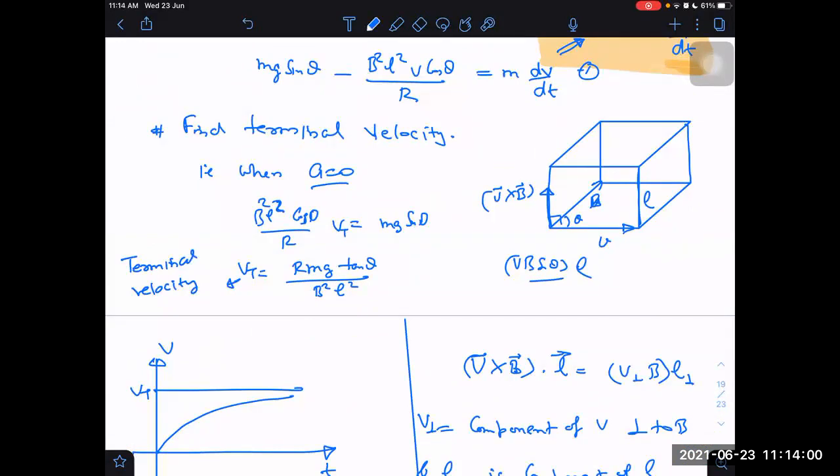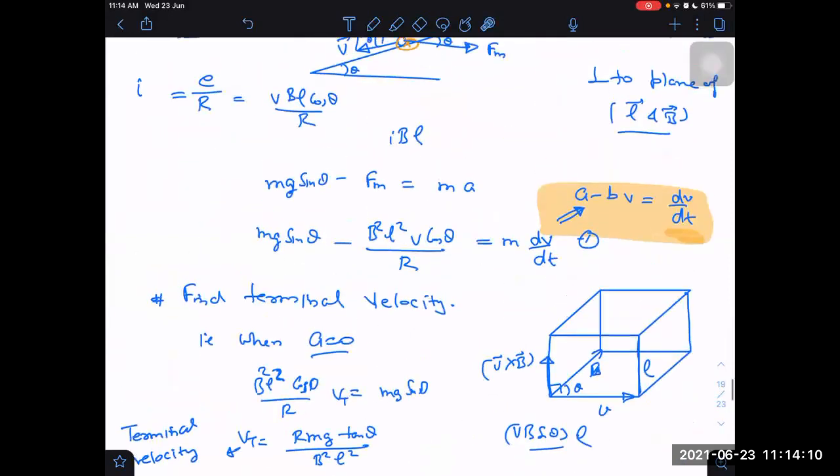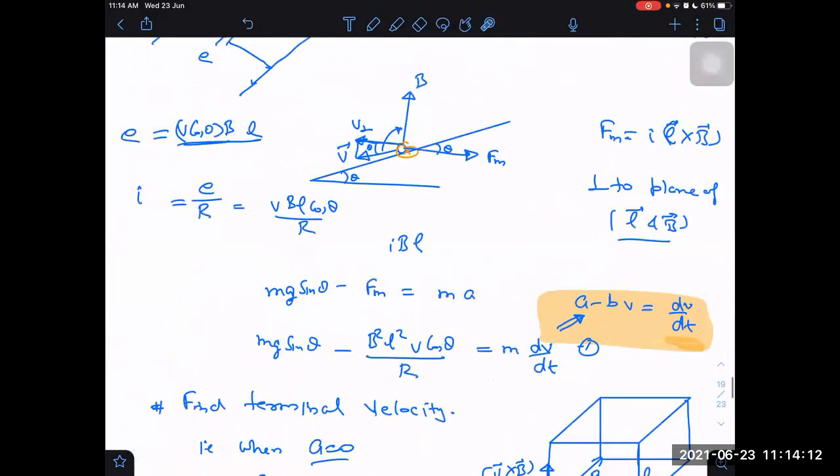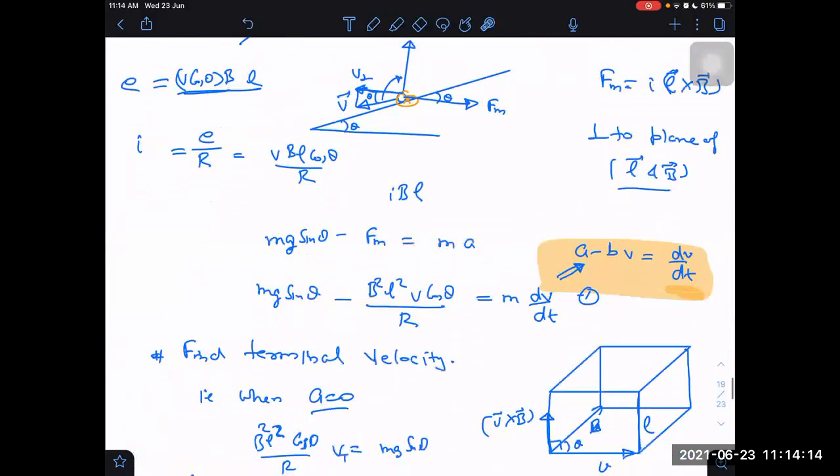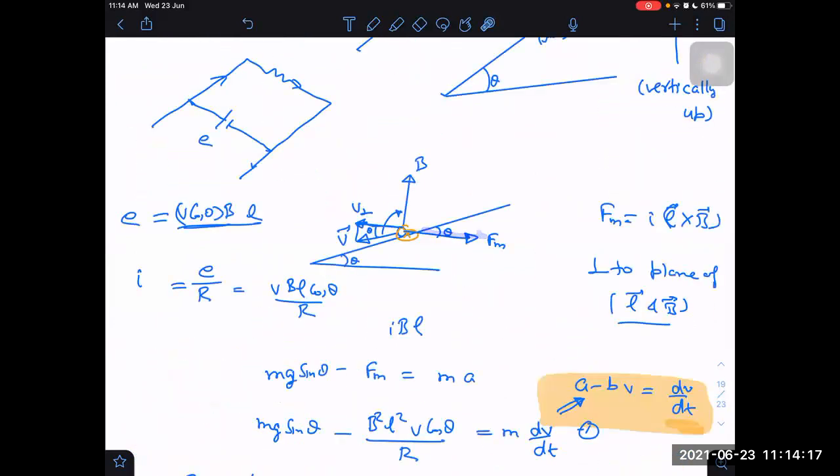Sir, there B is by cos theta also. Where will be by cos theta? This one? Because one more cos square theta will be there, sir, because of Fm cos theta. Fm will be acting horizontally, and I have to take Fm cos theta. Oh, yes, right, nice. Fm is acting horizontally, into cos theta will be there.